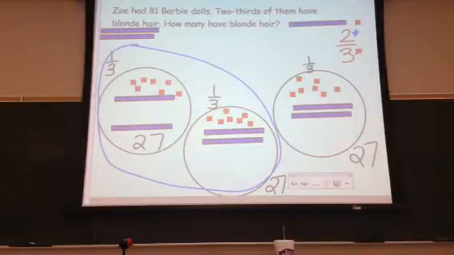And we have 27 is 1/3. So now we need to combine or add 27 together. So 27 plus 27. We have 7 plus 7. We have 4 in the ones place, and we need to regroup a 10 long. You have 2 plus 2 is 4 with another 10 long is 5. So we can say that 2/3